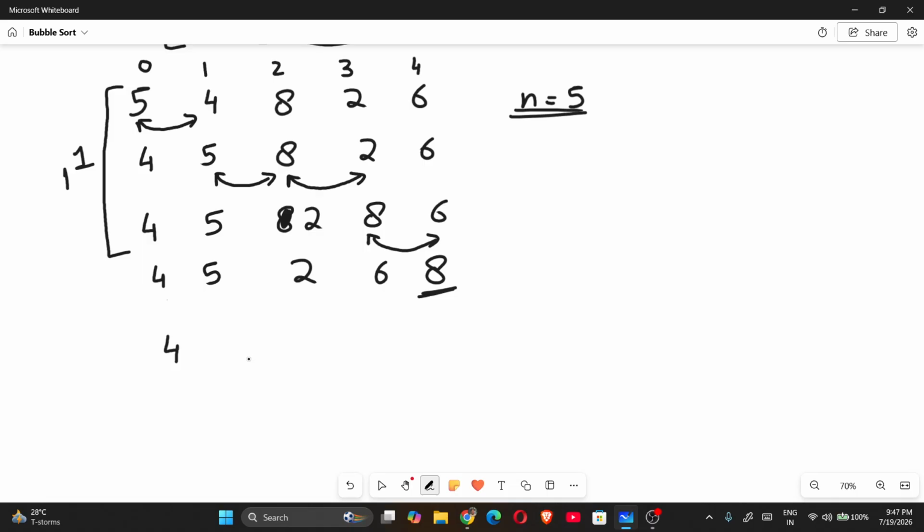Next, we will be checking between 5 and 2. But here 2 is smaller than 5, so we will swap. So it will become 4, 2, 5,